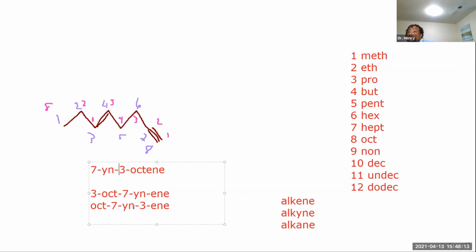Okay, I see how you got the 7-yne, like you count to it, but what side do you start from to count to the double? Do you start from the opposite side of the triple? You always want to go with the lowest number to get to your main functional group. So it's always best to count from the side that gives 1, 2, 3. Okay, I see.